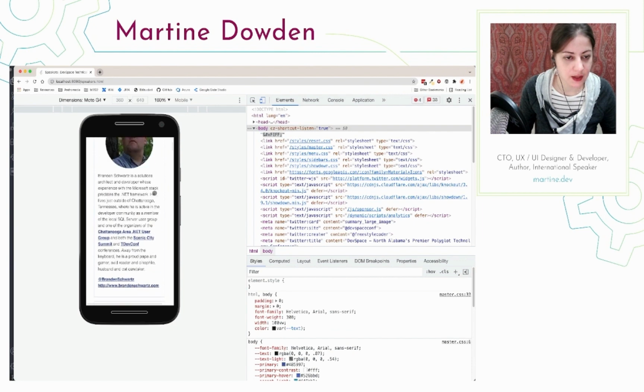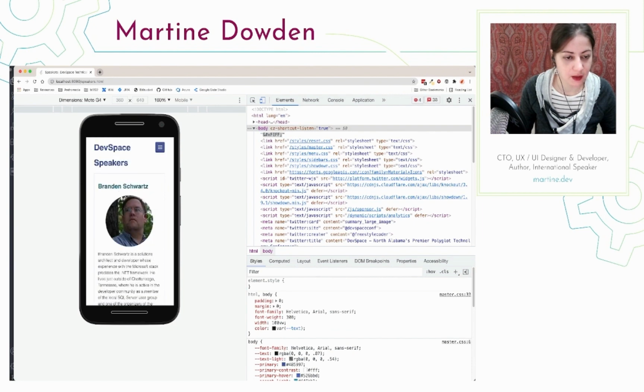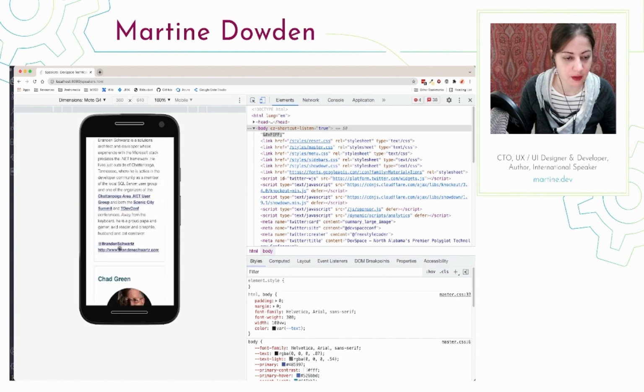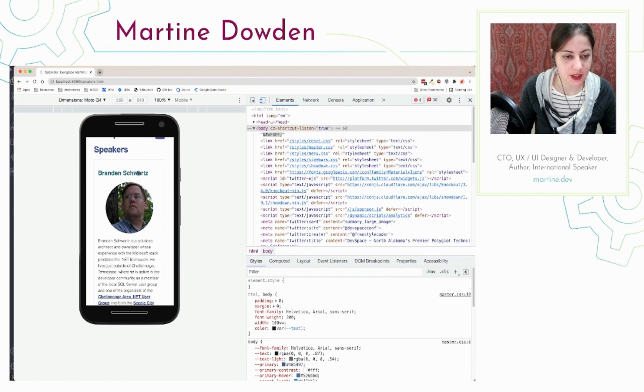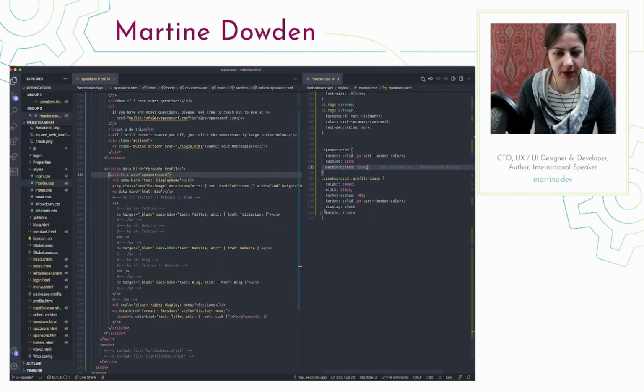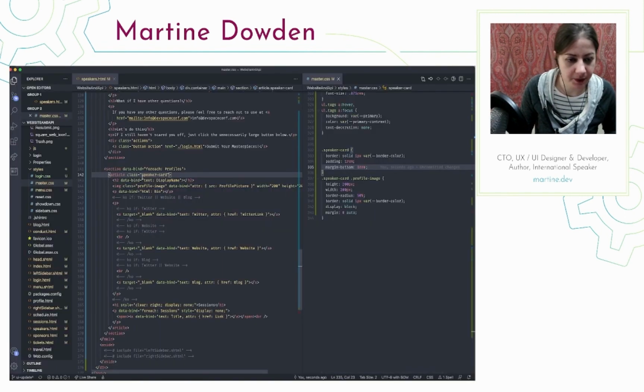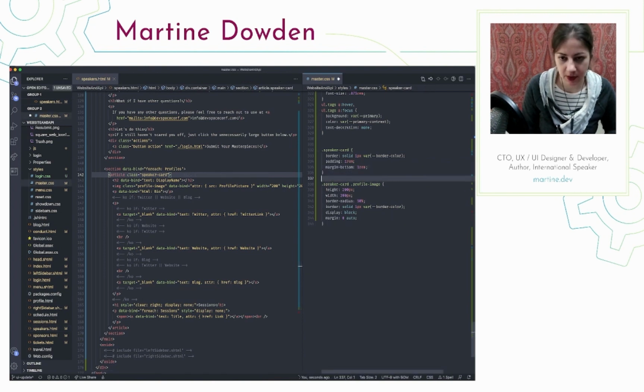Now let's address, and this looks pretty good. We have our title, or our name, we have our image, we have their bio, and we have their social media posts. We could probably center the name. That would look pretty good, I think, since we have the image centered in mobile. So I can do